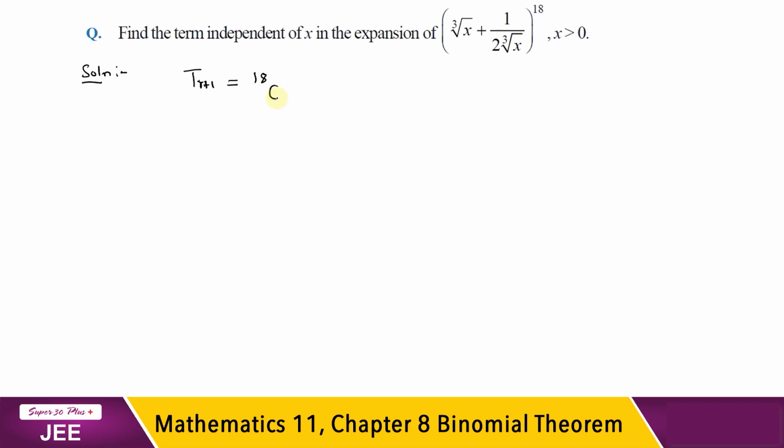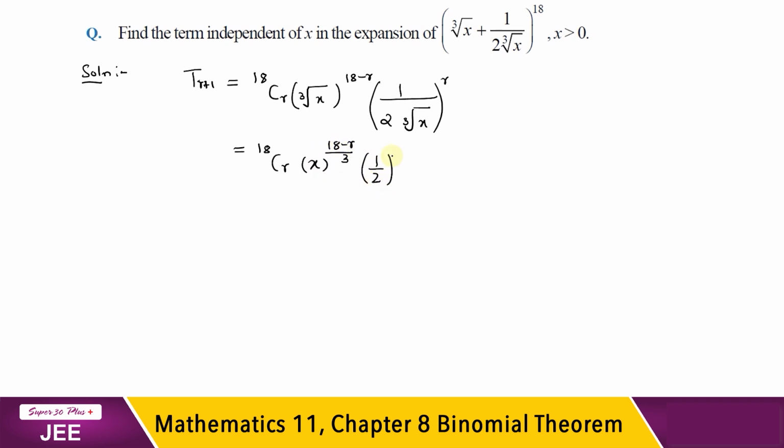So nCr becomes 18Cr. Cube root of x raised to the power 18 minus r, and 1 by 2 times cube root of x whole raised to the power of r. So this becomes 18Cr x raised to the power of (18 minus r) by 3 and 1 by 2 raised to the power r, and then x raised to the power